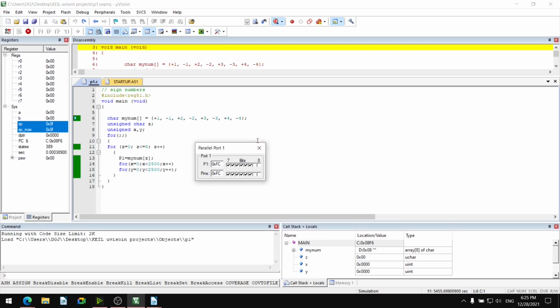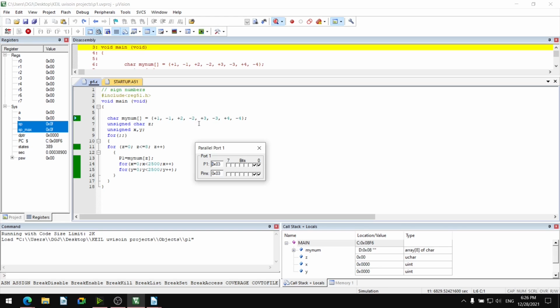That means whenever we have mynum in square bracket 0, it will indicate the plus 1 element, the first element. Mynum square bracket 1 will indicate the second element. Mynum square bracket 2 will indicate the third element. Mynum square bracket 3 will indicate minus 2.